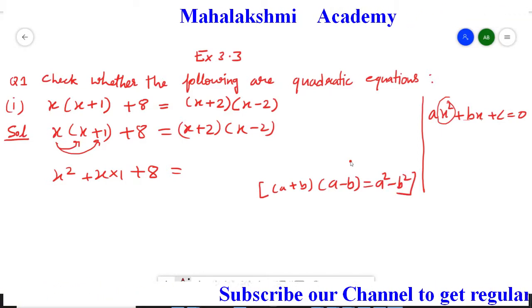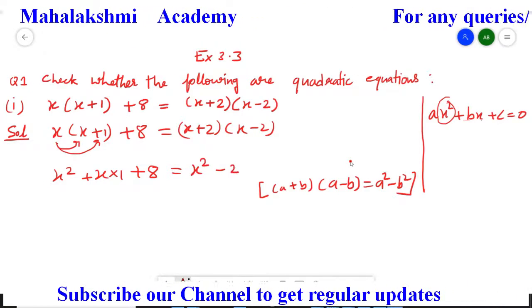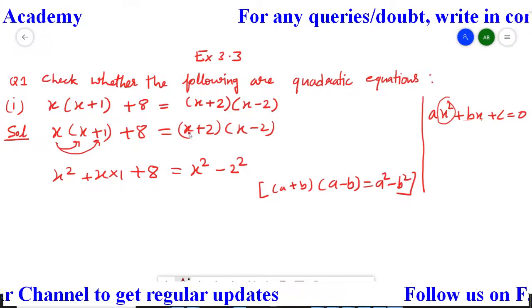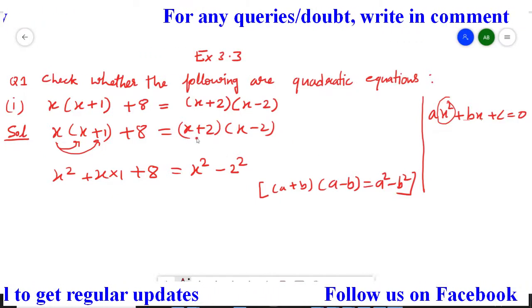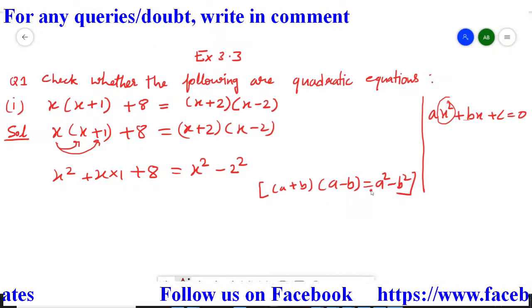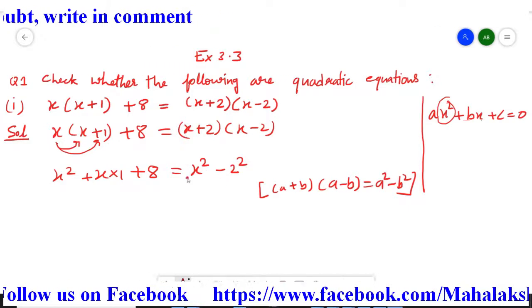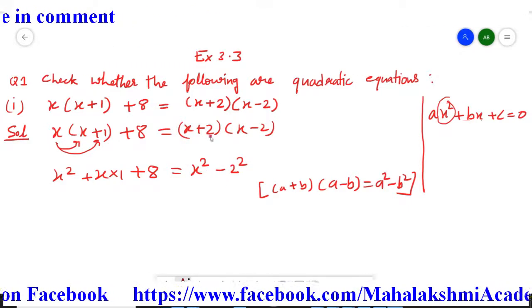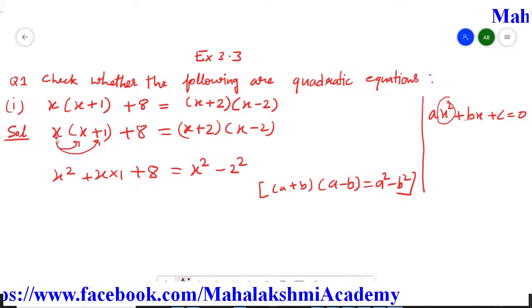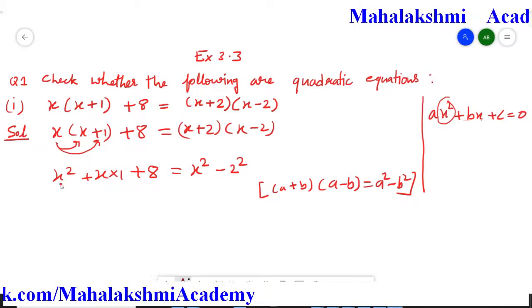So students, here a is x and b is 2. So a square minus b square. I hope it's clear to you. It's in the form of a plus b, a minus b, and the formula for a plus b, a minus b is a square minus b square. So here a is x, so x square minus b is 2, so 2 square. And here I open the bracket. When we open the bracket, this x will multiply by both, once by x and second time by 1. So we obtain it like this.